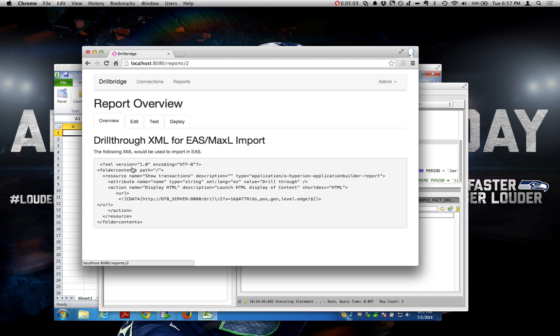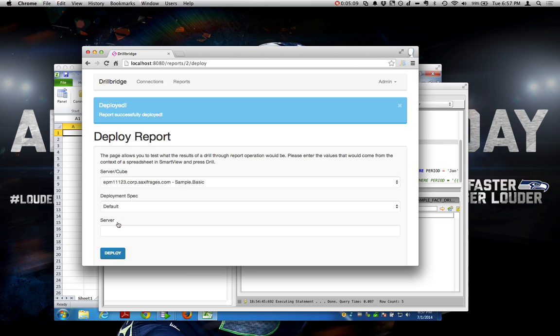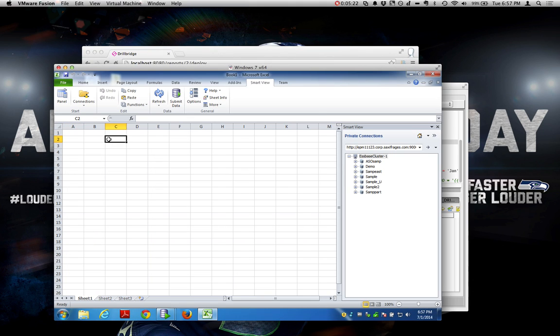So I just come over to the report, hit deploy, choose the spec, choose the cube, hit deploy. Now those drill through definitions using, again, Oracle's built-in functionality have been deployed to the cube, so they're now drillable. So if we cut over to Smart View and we connect to this cube,